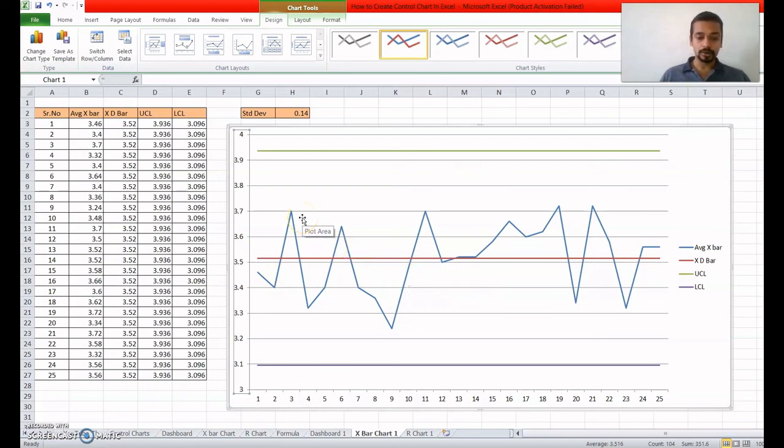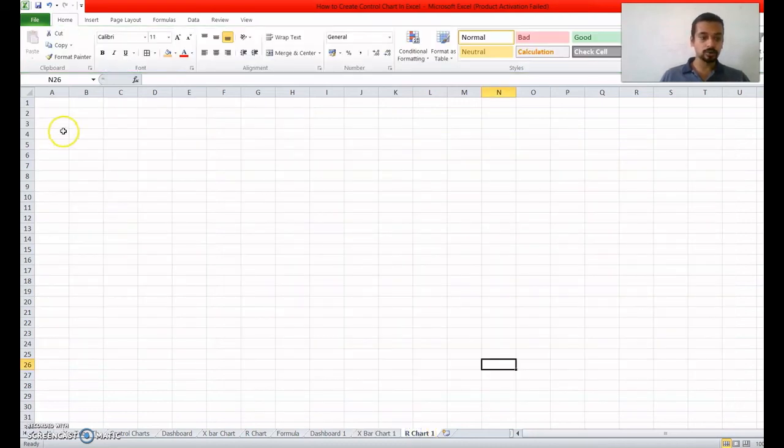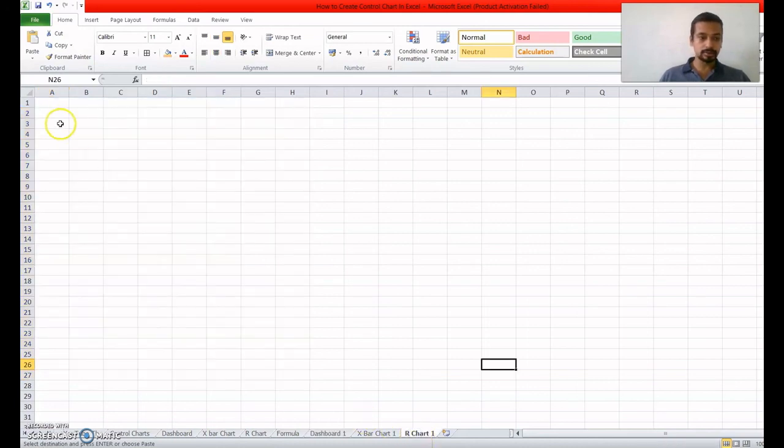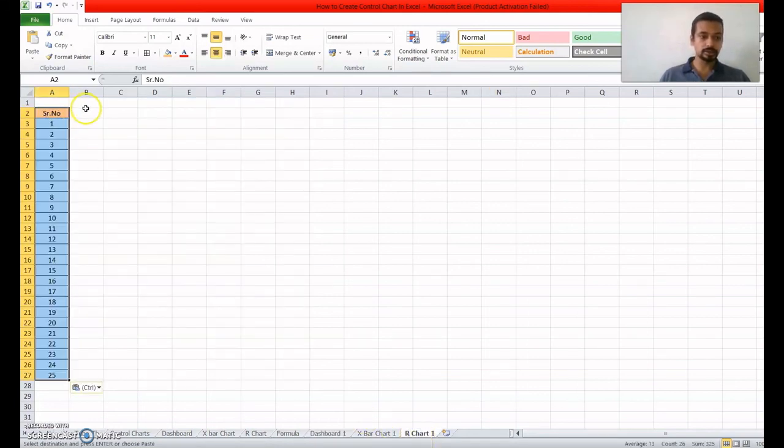Okay, now we'll create the R bar chart. So how to create the R chart? Again we are changing the sheet. We are going till dashboard. We are copying serial number, or we can say date, and now here we require range.